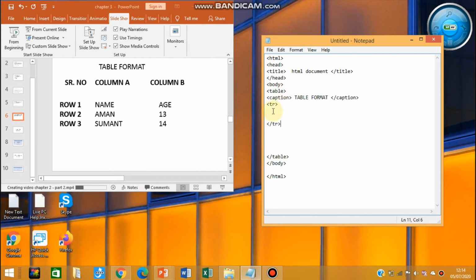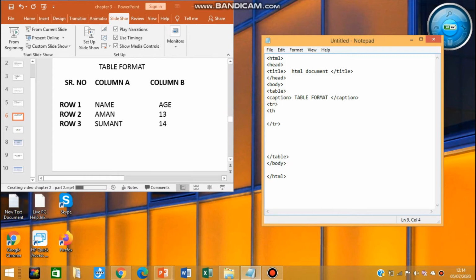In this row we have serial number, column A and column B, and those are nothing but the headings of the columns. So how will you mention that? Using the TH tag.